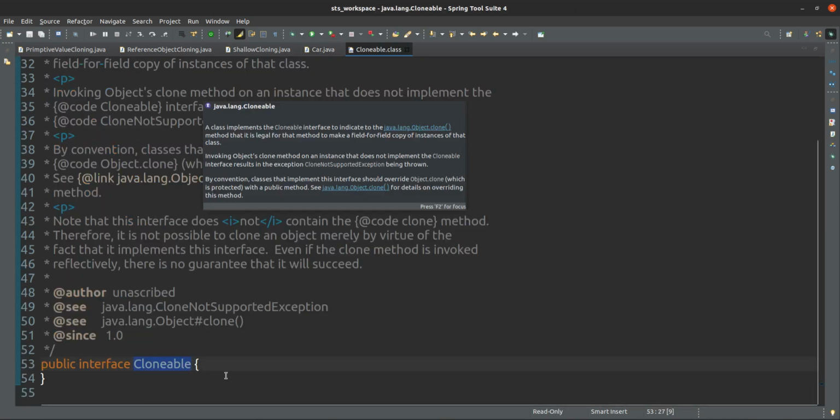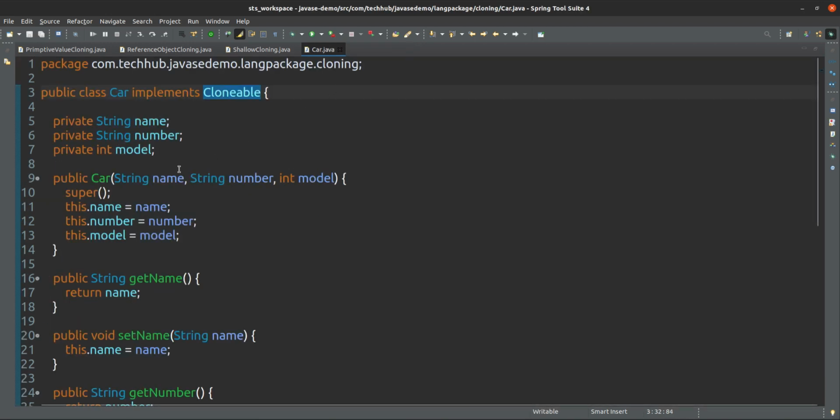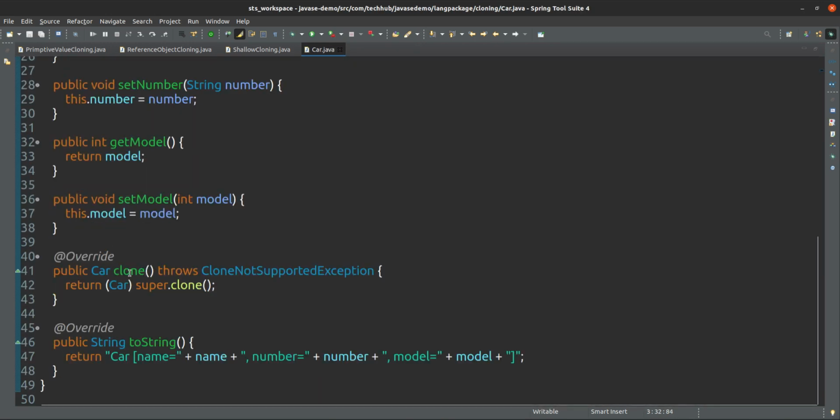Cloneable is a marker interface without any methods. And you have to override the clone method.